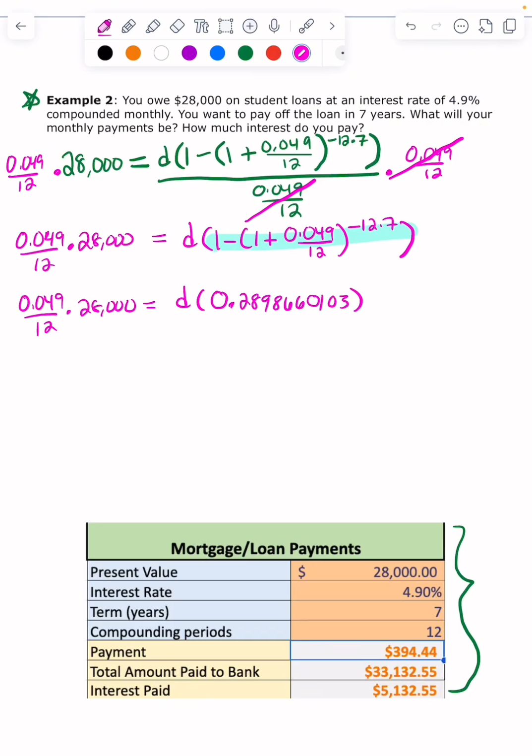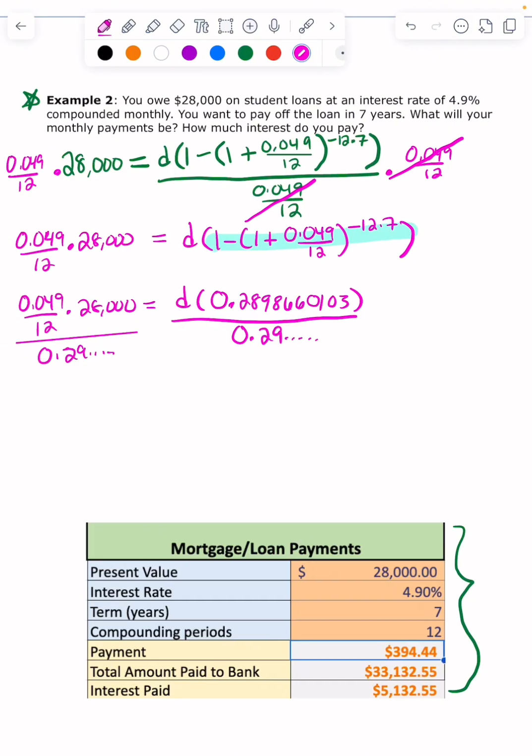So I got 0.2898660103. I wrote down every digit that Desmos gave me. You do not need to do that because we can round on paper, just not in the calculator. So now that that's just a number, we can divide both sides by that value. So I'm just going to put 0.029 here to round, and divide this side by that same value,